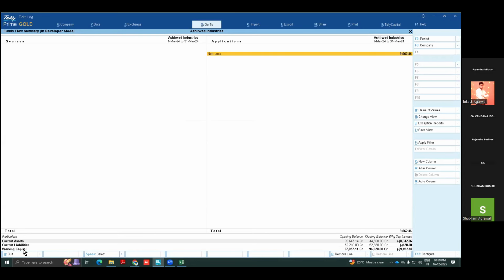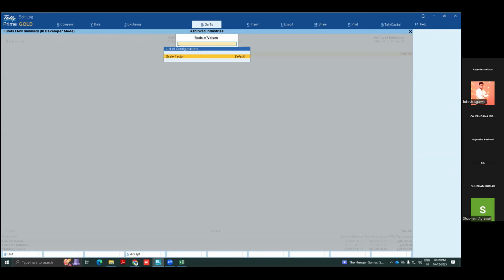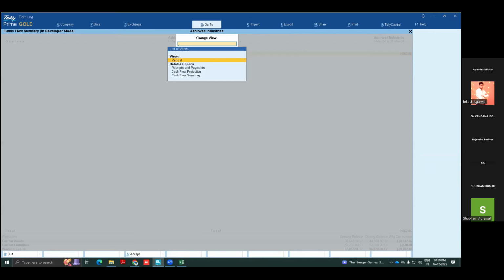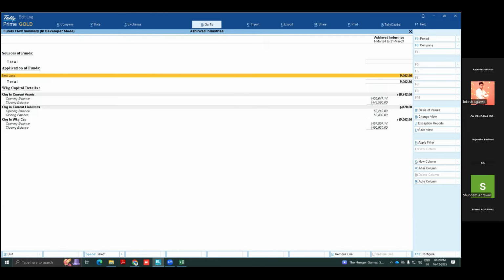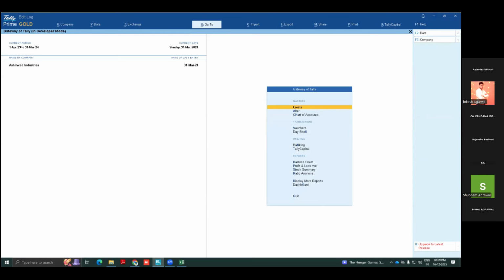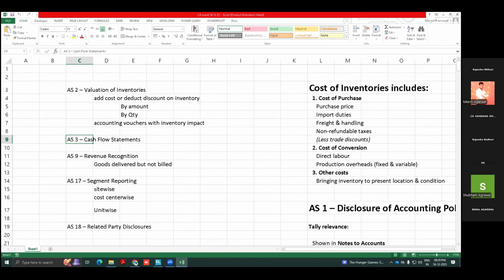Okay, so wait, here is something blocking, I'm just putting it at the top. Yeah, see your working capital. So there are a few options based on value, and you can change your views, and as per your requirement you can check vertical and horizontal this way. So this is not a big topic, I do not have to take more time on that.